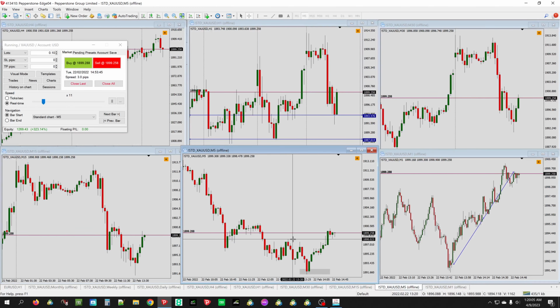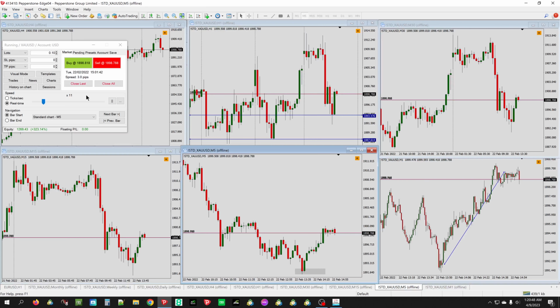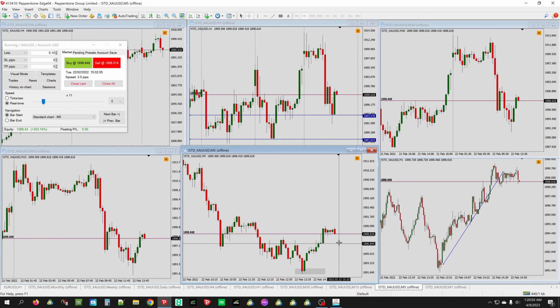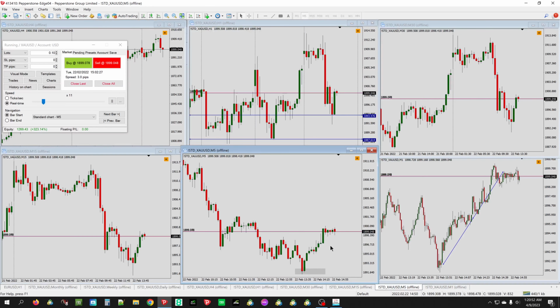Alright, M30 candle closed bullish, H1 bullish. Everything is in favor of buys. Now I will start adding my buy positions in this 62 pips of range. But I need to see if there is news. Yes, there is some news,